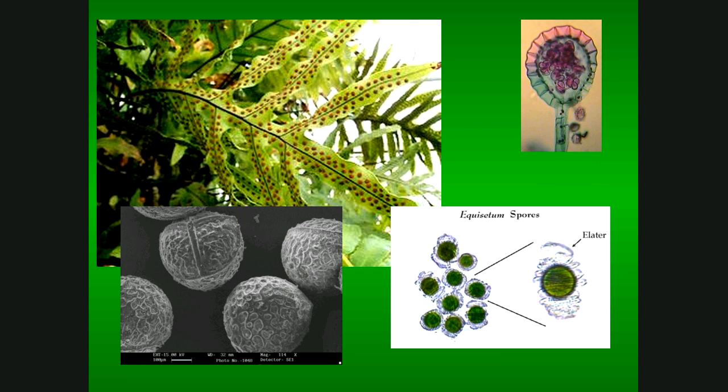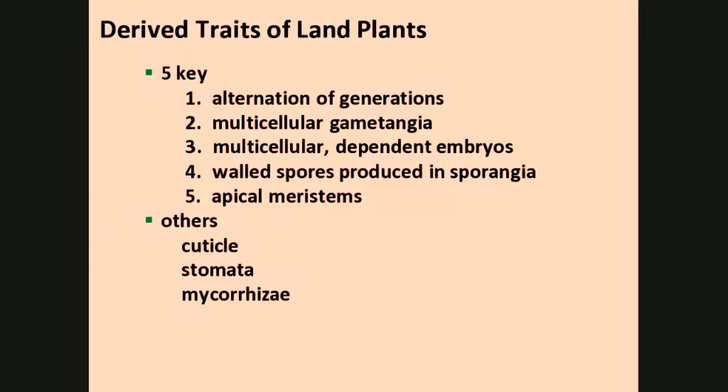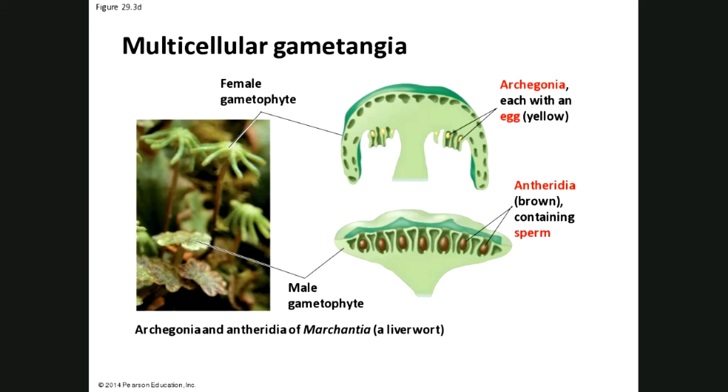So what we see in land plants is the idea of multicellular gametangia. Gametangia that are big and can produce lots of gametes. We didn't look at Marchantia under the microscope, but you probably will recognize some of the way the picture is done here. There's the antheridia. In our picture of the moss, the antheridia, or in a microscope, the sperm were purplish or gray color. I do have a picture of it later on to remind you. But this is the male part. In the liverwort, the gametangia are a little bit bigger. You don't have to use a microscope to see them. The male ones come up sort of like a flat surface, and then the female ones almost look like a miniature palm tree. See that?